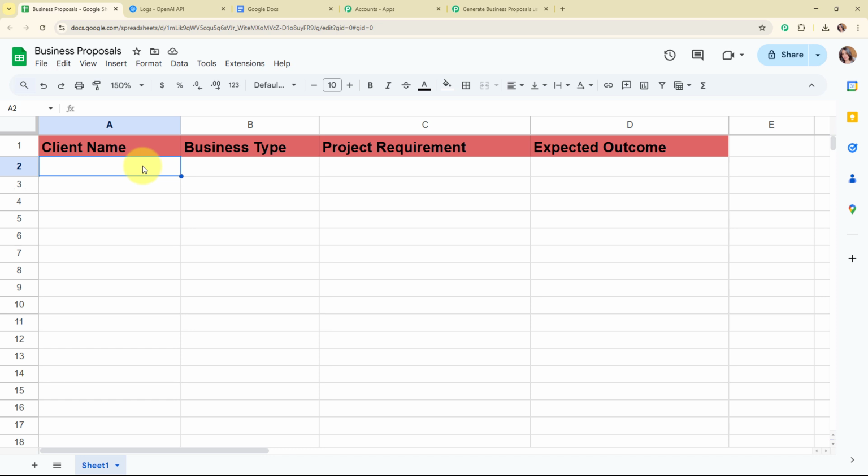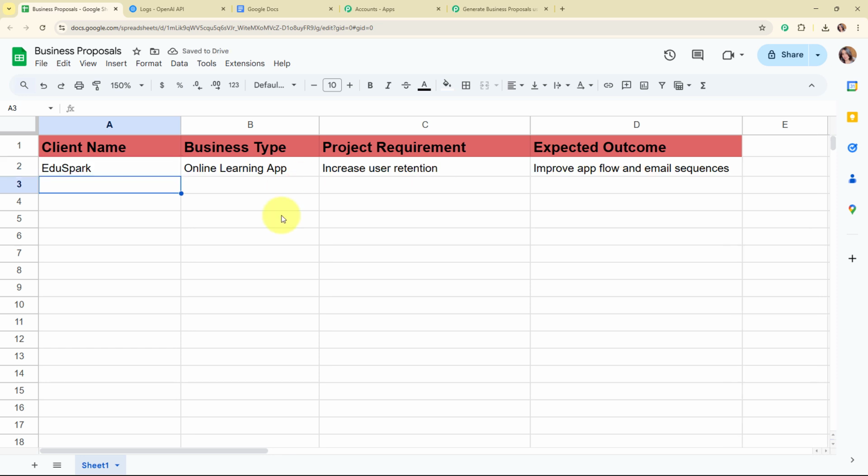But here before moving forward with the connection, firstly I'm going to add a detail over here in my Google Sheet. So I'm going to add the details. And here you can see I have successfully added a detail over here. Alright, so now after entering the detail, we are going to connect our Google Sheets with Pabbly Connect.